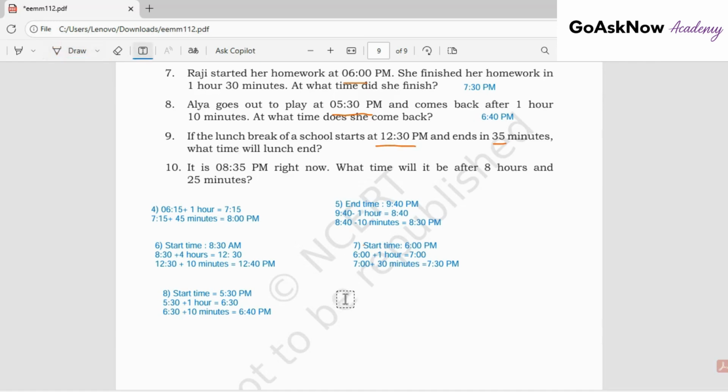Now calculating the ninth solution, the lunch break starting time was 12:30 p.m. Now adding 35 minutes, 12:30 plus 35 minutes is equal to 1:05 p.m. So lunch was over at 1:05 p.m. The lunch came to an end. Next,